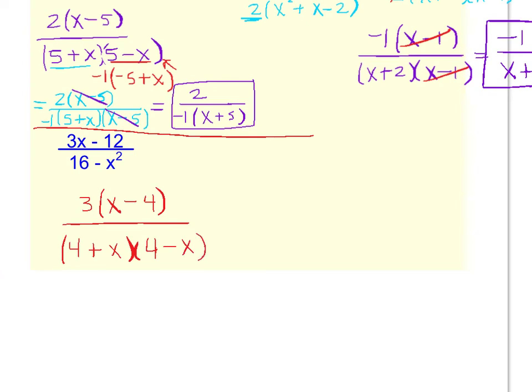Alright, so here you see again, here's an x minus 4 and a 4 minus x. We can fix that by factoring out a negative 1. Again, pick either one you want, doesn't really matter. Maybe I'll factor a negative 1 out of this. Alright, so when we factor that negative 1 out, we know it's going to end out here in front with a 3, so we can go ahead and multiply that together. We know we'll have a negative 3. When we factor the negative 1 out, it will switch those. And then it's over 4 plus x